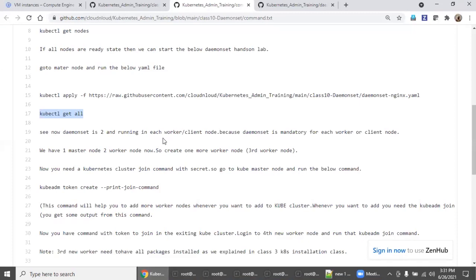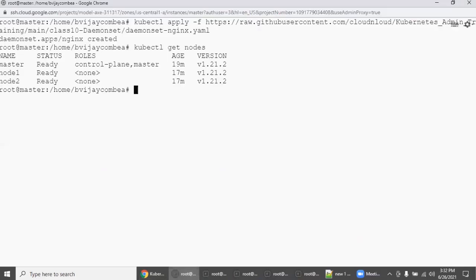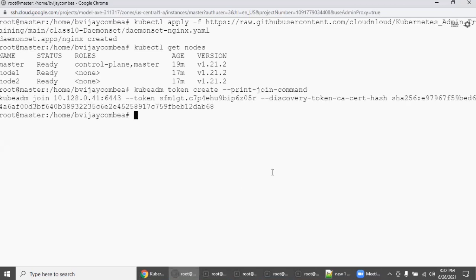So what we can do is, you remember, we executed kubeadm join, but we forgot. So how do I get the token and the join credentials? Simply run this command on your master, and you will get output like this.